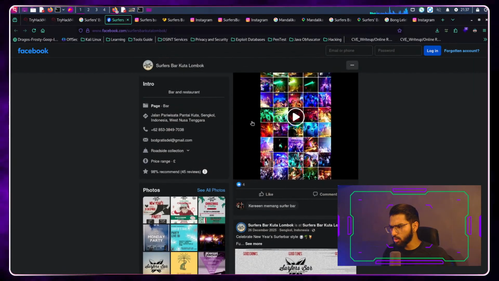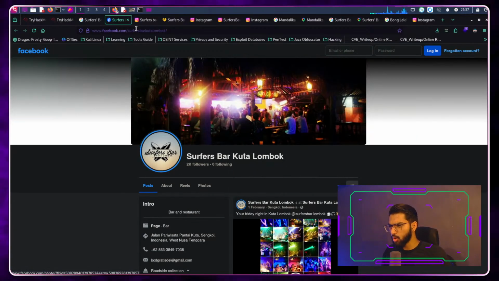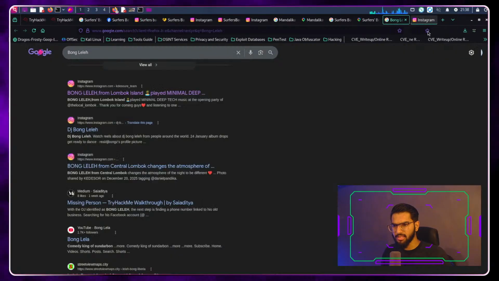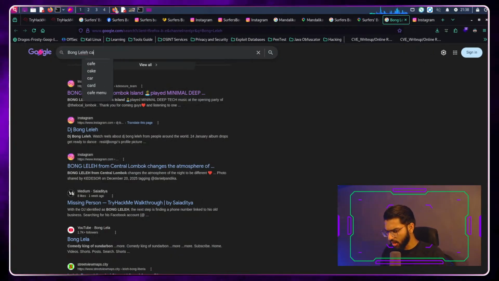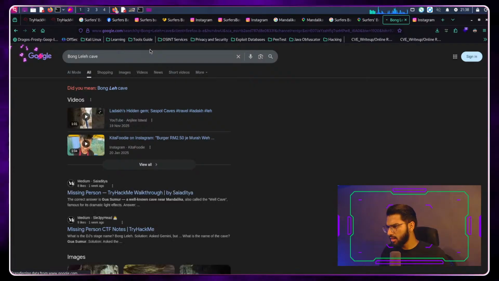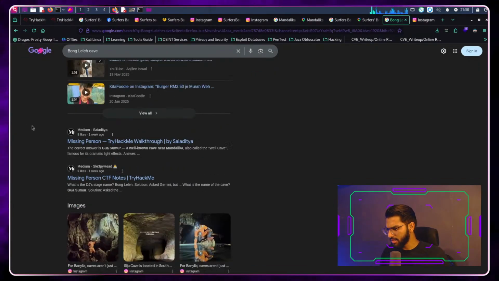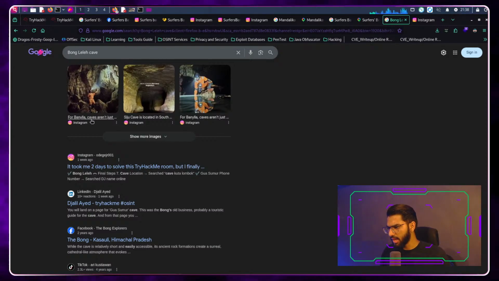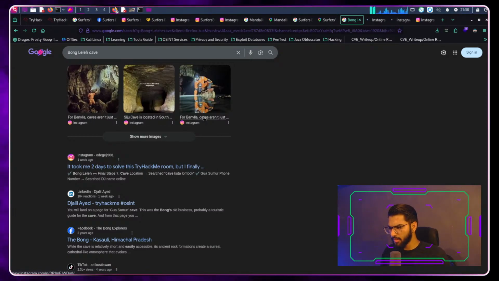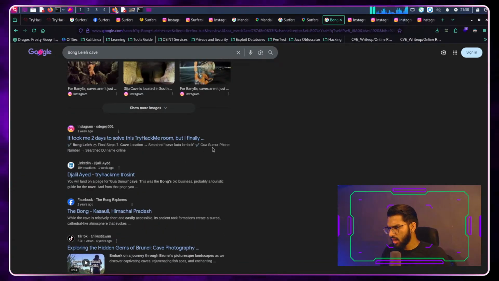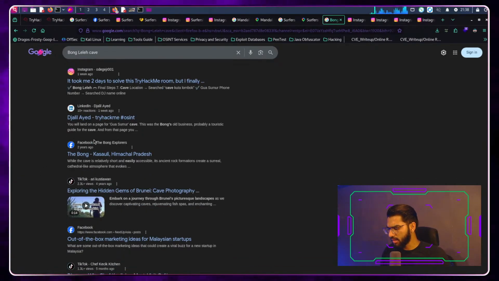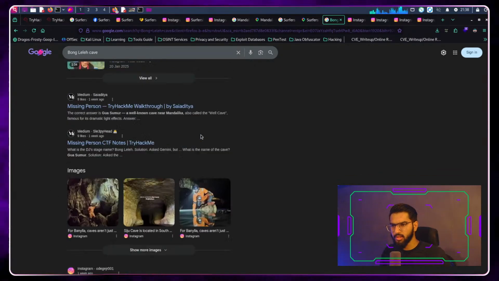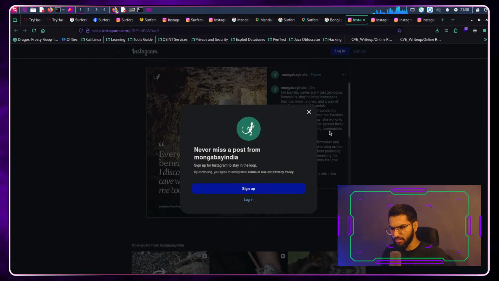Let me not close all of these. Let me keep them open. But let's try identifying if I can see anything specific here. Let's search for cave from this user. Do I see anything here? Oh, we see some caves here. Let's open them. Okay, let's ignore that blog. Then nope, let's open this. Let's go through the post that we just opened here.